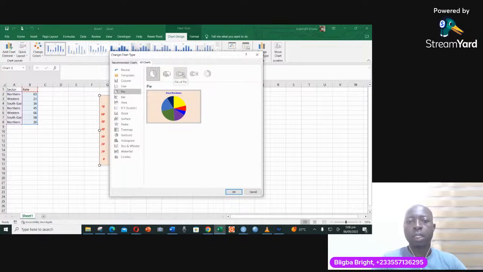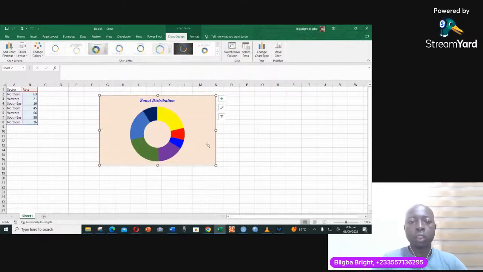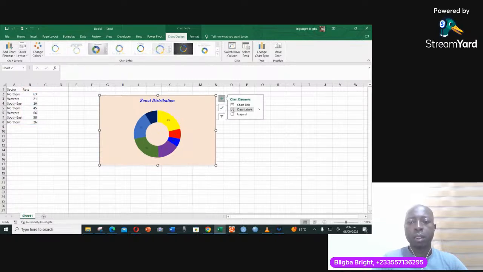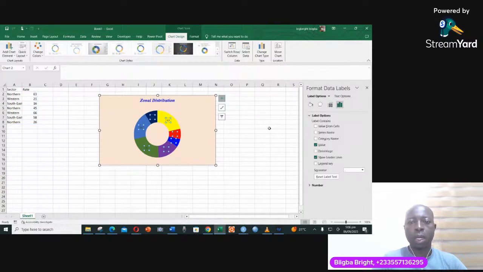I can choose any of the pie charts I want. If I want the donut chart, then it's going to be the same way. If I click on that, it's going to change into a donut chart. And then in that case, if I want, I can add labels to it, and then the labels will be there. When you click on this small arrow, then you have more options as to how you want to add